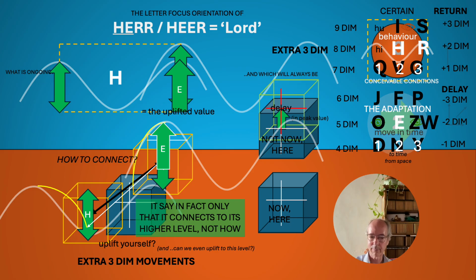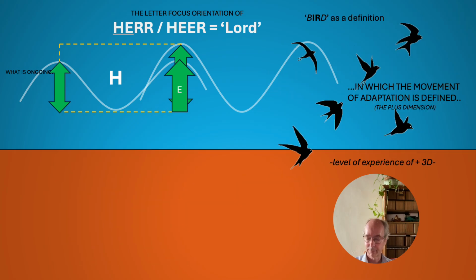But it actually doesn't say much more, like, okay, I go to connect at some point or another, or I'm able to connect at some point to a higher level. It doesn't say how you should do that. How can you uplift yourself to this higher level? It doesn't say that, but it still says there is a connection towards that higher connection. But before we continue and express it a bit better, what will happen with the double R at the end,